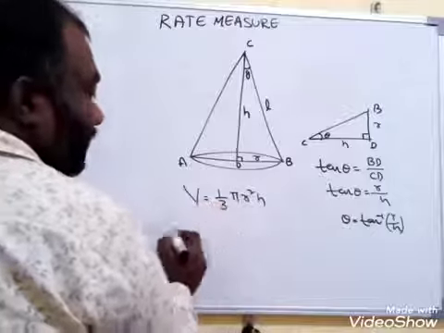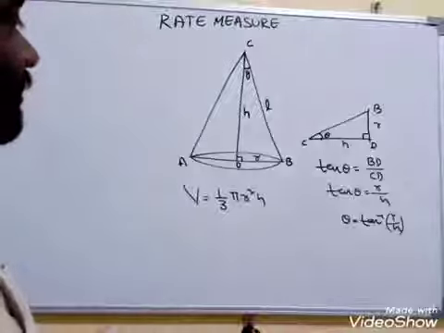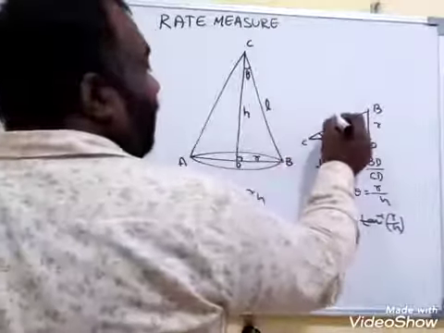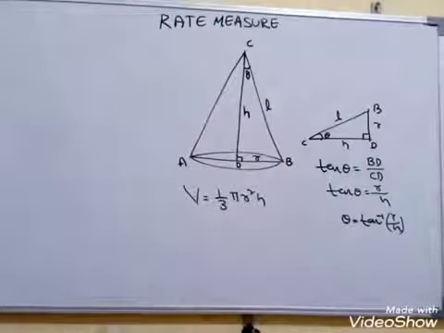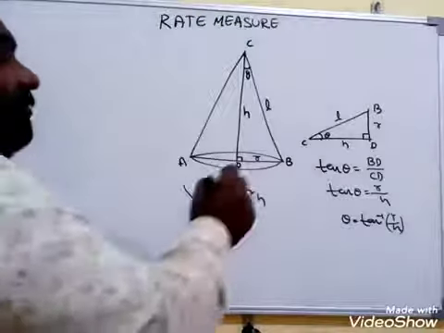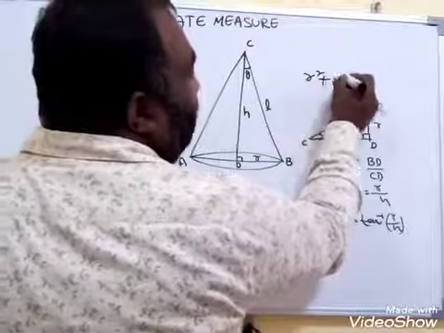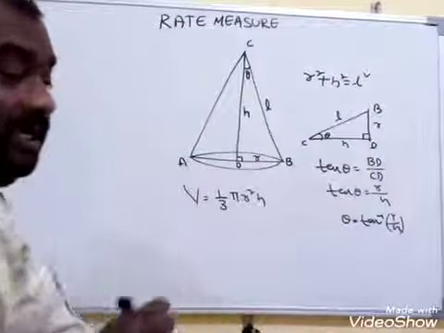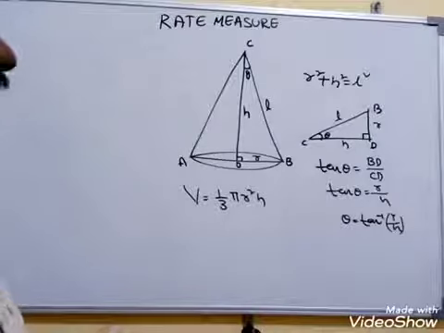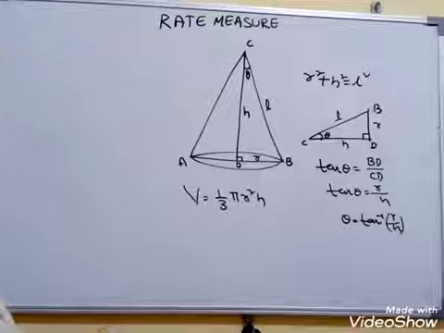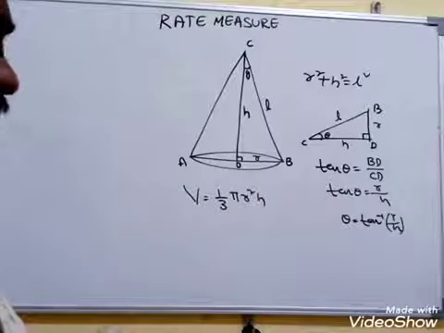V is the volume of the cone. And here one thing we have to remember, this is L. Sometimes they may ask cos, in some cases we can take cos also, sin also. That's why remember this. The relation between these is r square plus h square is equal to L square. And if alpha is the vertical angle, then alpha is equal to 2 theta. And here V is equal to 1 by 3 pi r square h.